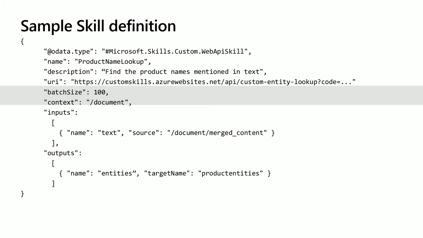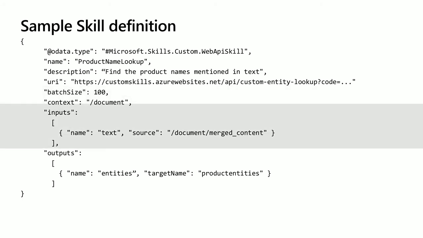The pipeline actually deals with batching these things up and then calling the API the number of times that you want it to, or with the number of items that you want it to. And this will be based on how much processing you think you can handle in your skill as it goes through that information. The context, like we talked about, is where in the document you want this to run. Do you want it to run for the root and then maybe loop over some of the child options? Or do you want it to run in very small, granular passes for each individual